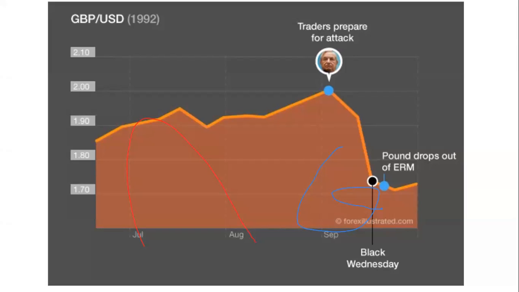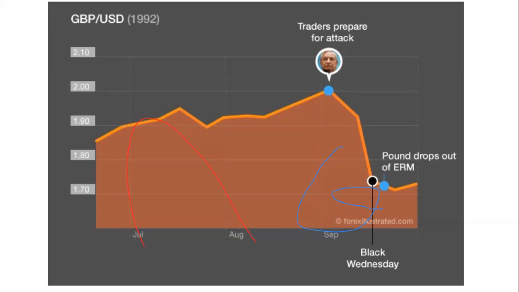Basically this much was the increase in the profits of the hedge fund. And at that point the profit commission was 20% of profit sharing. So he basically made $1.4 billion,